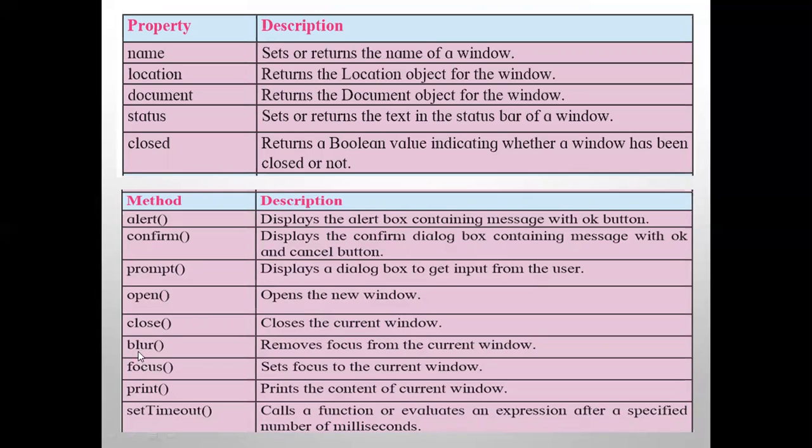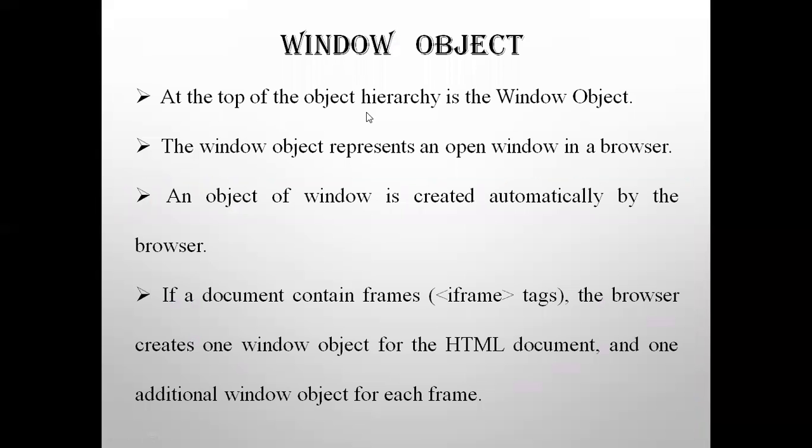Similarly, you can write the other programs. You can have a reference in your textbook. There are other programs also. So these methods we have already done, and today I showed you open and the setTimeout method also. Okay, so this was about the window object. It represents an open window in a browser. So this was the second object in the JavaScript language.